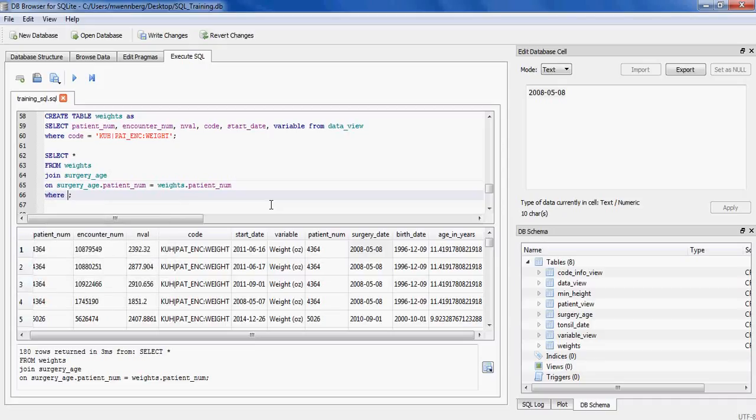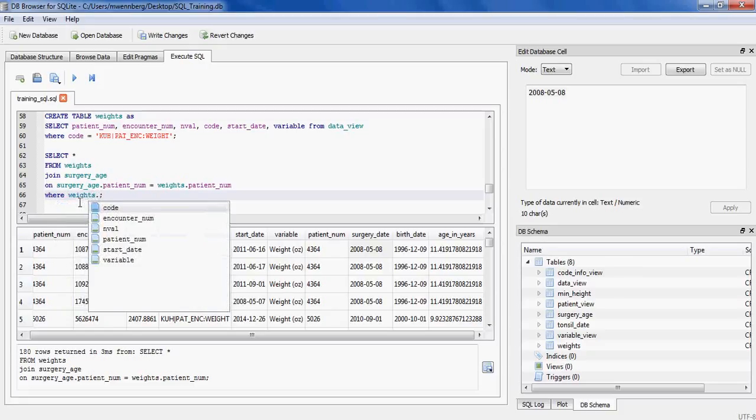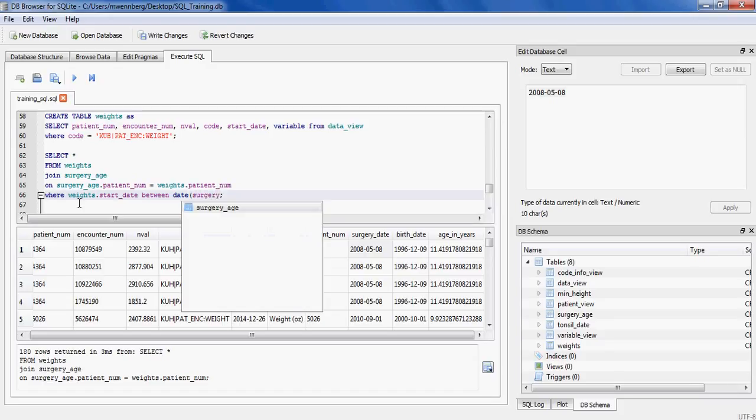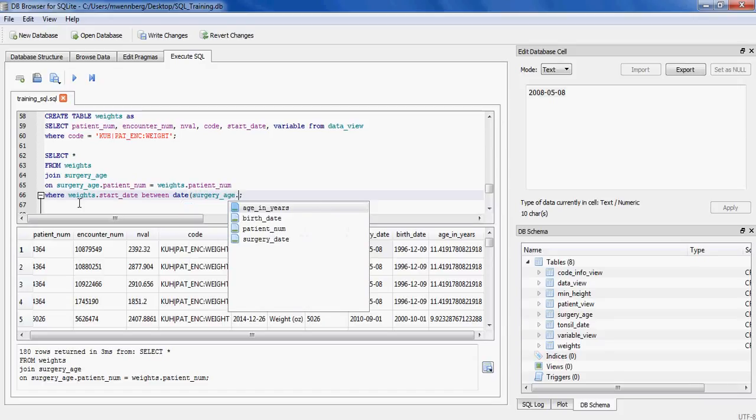That lets you specify different things, like we used where code equals before to find the weights. So this time we're going to say where the weight dot start date, so that's the date of the weight, is between, and I'm going to use the function date, and we're going to choose the surgery date. So I need to first specify the table name that's in, surgery age, dot,